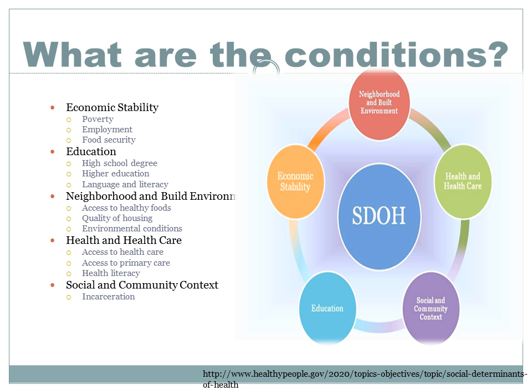Here are some conditions that affect social determinants of health. So for instance, economic stability, defined by poverty, employment, food security, education, for instance, whether one has attained a high school degree or not, whether one has attained higher education, language and literacy levels, neighborhood and the built environment, so whether one has access to healthy foods, quality of housing, and environmental conditions such as air quality or